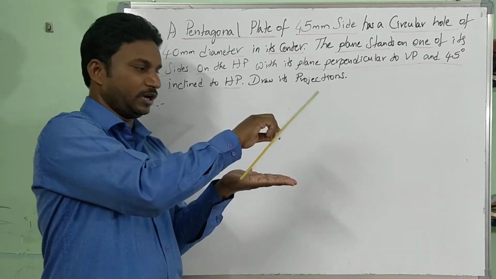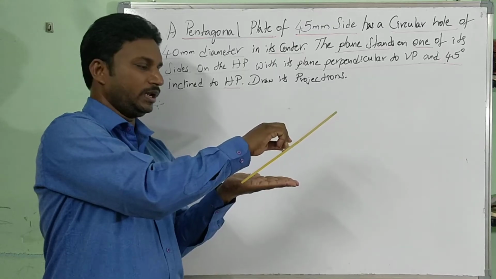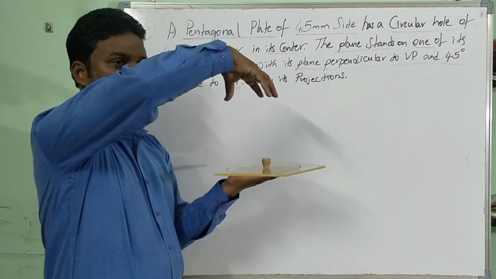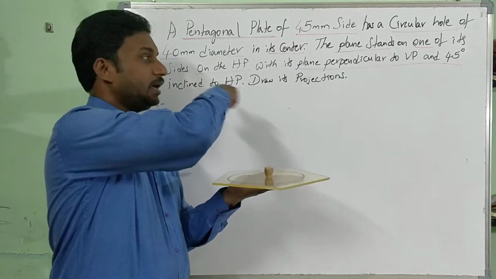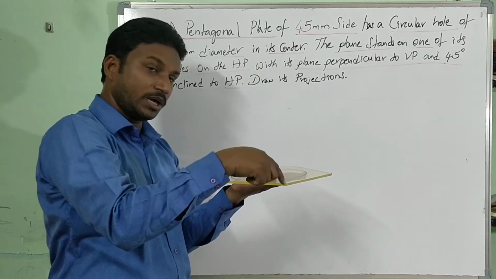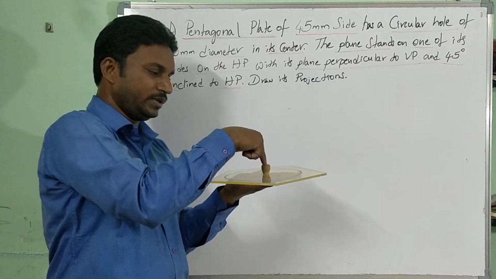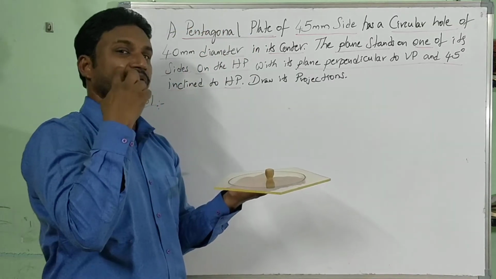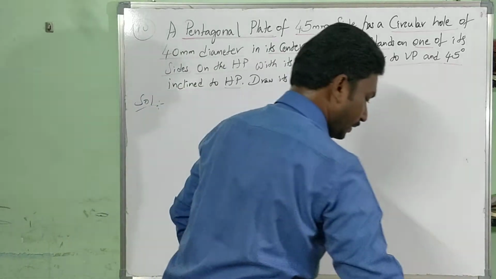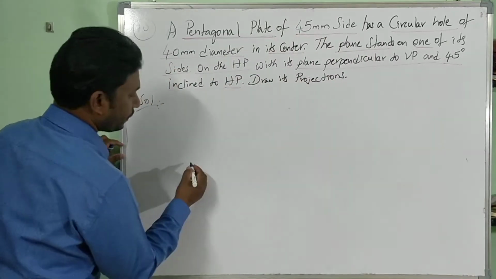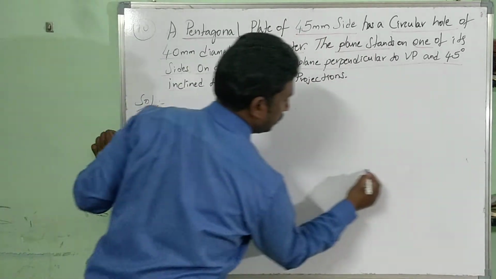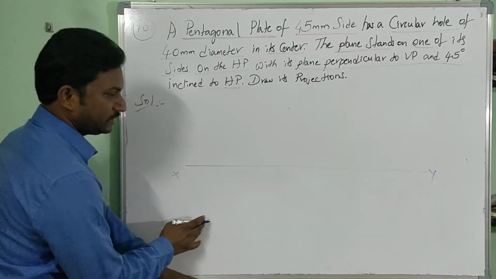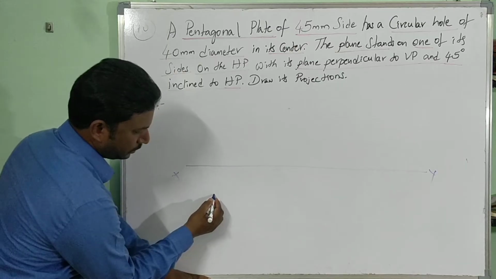Initial position at 45 degrees: we cannot draw directly, so we remove the angle such that it is on HP. In the top view, draw the true shape of the pentagon with the given dimensions, and with respect to the centroid of the pentagon, the center, we draw the circle in the top view. Two figures. Let me do that. As usual, a big XY line. First of all, the pentagon.